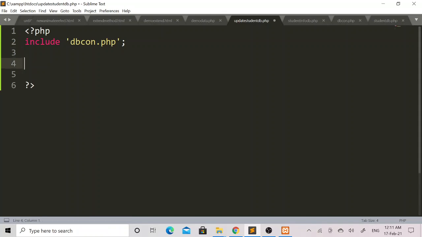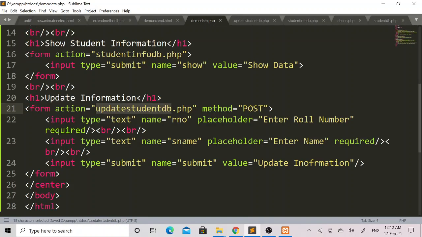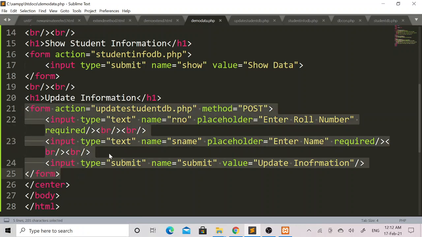Now I will simply need to declare the $SQL variable, and within this $SQL variable I will write the SQL update query. Before that, I must retrieve the data that is entered by the user in this update information form.